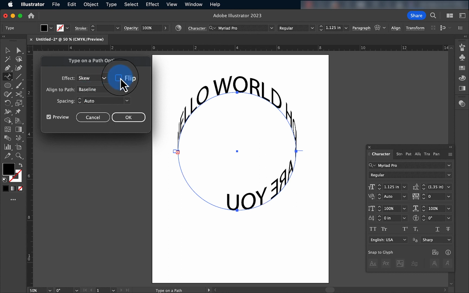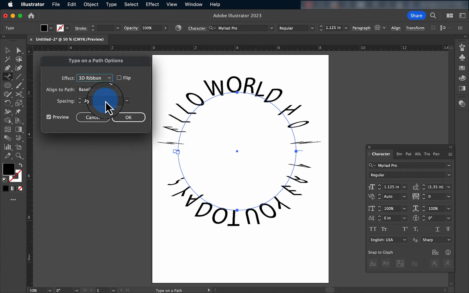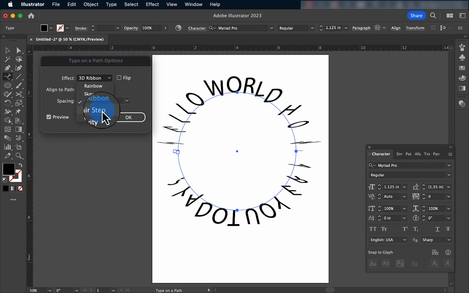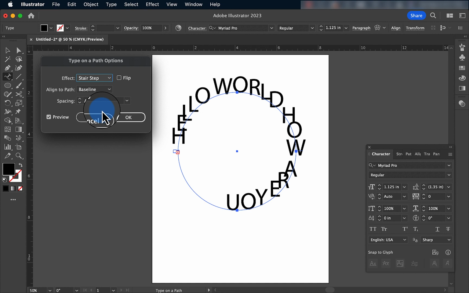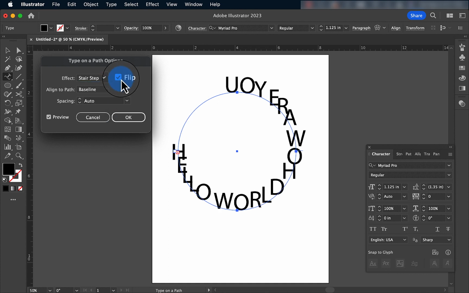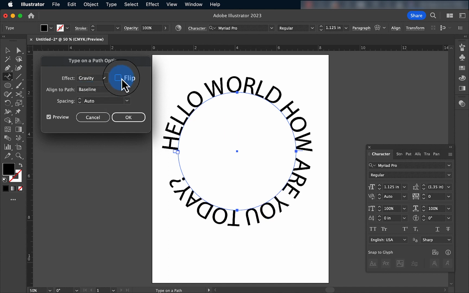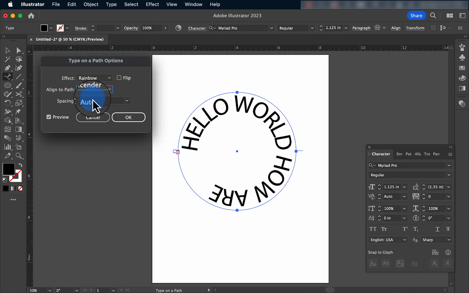Our skew option, as you can tell, skews the object to conform around the circle that you're working on. Our 3D ribbon gives us more of a 3D text that's hanging around the edge of our circle. Our stair step shows step by step our letters in both flipped and regular versions. And then gravity looks like it just holds it to the very baseline of the object that you have. So in case you need something to hold on to the edge of something,